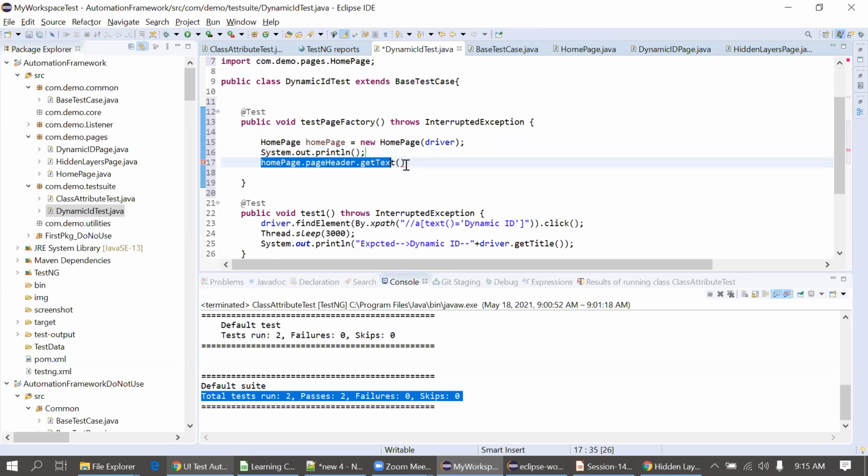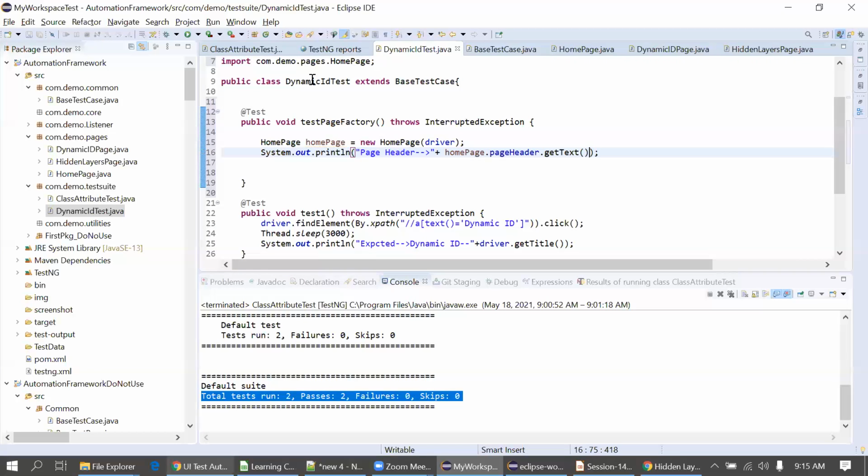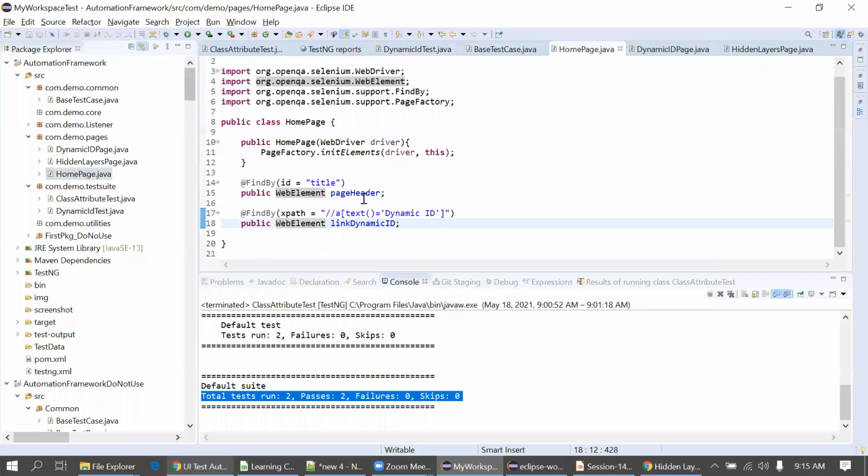Now here you're observing we are not using the find element method. Okay. So I'll explain that as well. In the page factory, we are not using the find element method because we are using this @FindBy annotation.